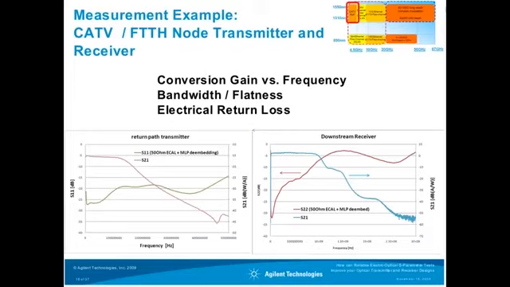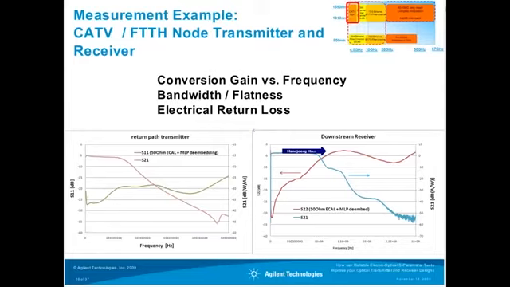So we have here a measurement for the return path transmitter or for the downstream receiver. We have a bandwidth measurement, that's the S21 measurement, and not only for the bandwidth, but we also have a measurement for the overall conversion efficiency. But we also have a measurement of the return loss, and this return loss basically represents the impedance matching for the